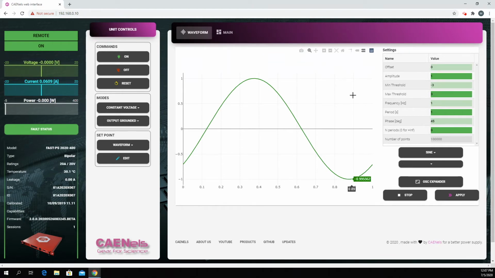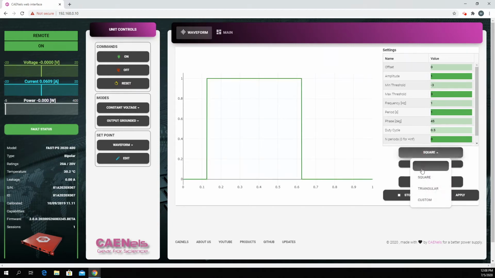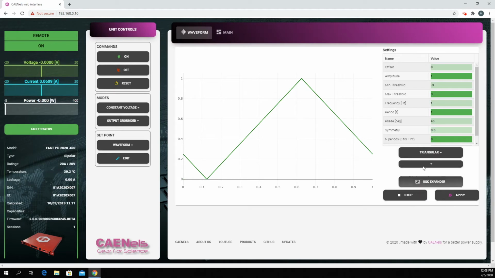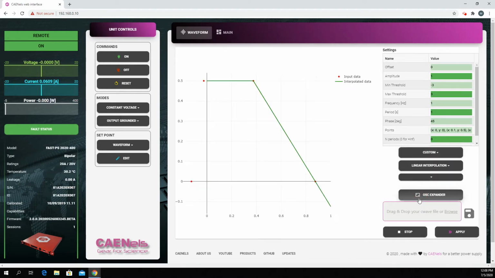So you'll find here many settings that you would expect from a waveform generator. First of all, let's start off with the waveform type. You see here it says sine, and you would have the option of a sine, a square wave, triangular wave, or custom. And when you do custom, it gets more interesting because first of all, you can bring in your own file,